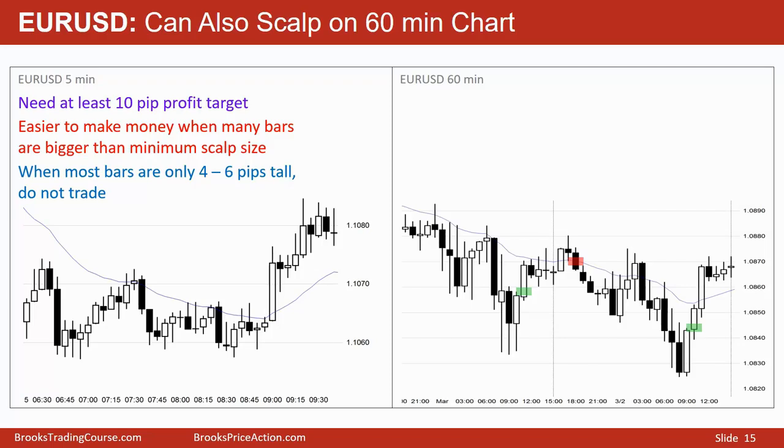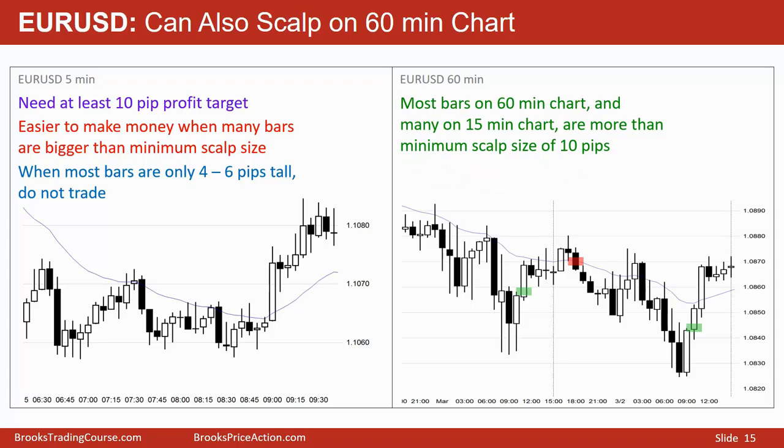On the other hand, look at the 60-minute chart and on many 15-minute charts. Many of the bars are more than 10 pips tall, so many of them are more than a minimum scalp size, and that makes it easier to make money. Buying a reversal up here, buying a reversal up here, 2 legs down, 1 pullback 2, and a trading range,